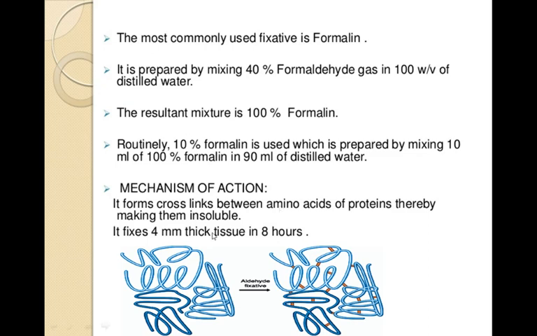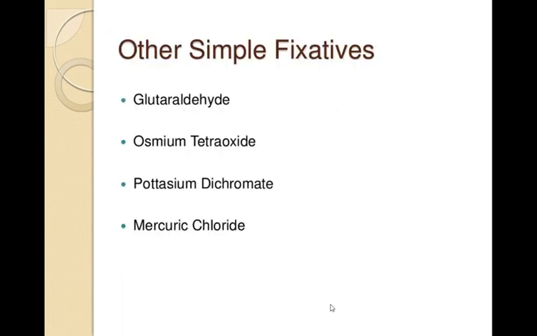Here we can see the image. What happened? It is the protein. Then we treated it with the aldehyde fixative, or we can say with any fixative, that it would lead to the formation of cross links between the amino acids. Here we can see the cross links in red. Here we can see the bond in red. It is the cross linking caused by the action of the fixative on the protein. So in this way, hardening would take place.